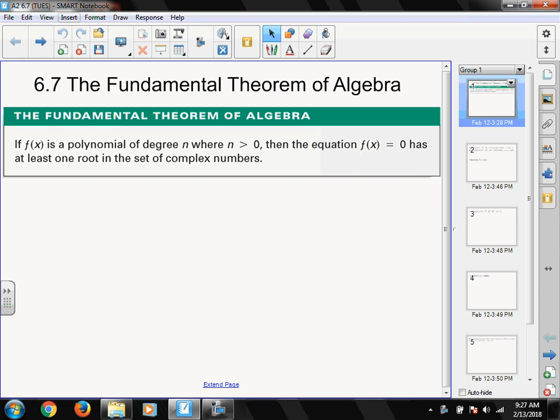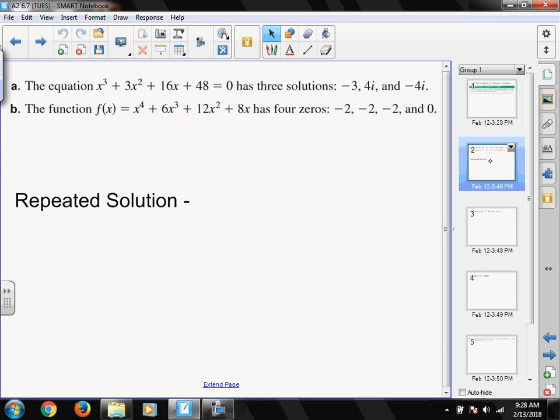So, the fundamental theorem of algebra says that if you have a polynomial of degree n, remember, n would be the highest exponent, so like degree 4. And as long as n is greater than 0, then the equation, when you set it equal to 0, has at least one complex root. So we've found rational roots the last couple days. Now I'm here to tell you that we can also have complex roots. So what I'm saying is,